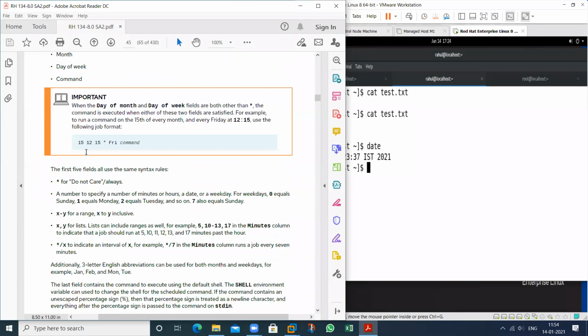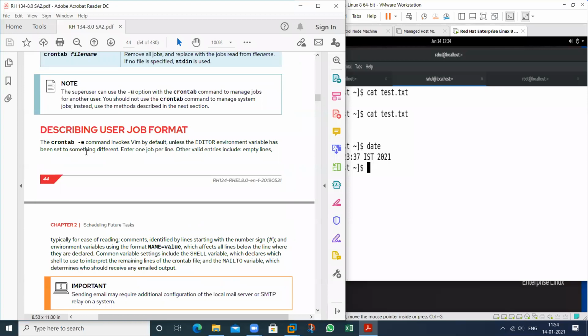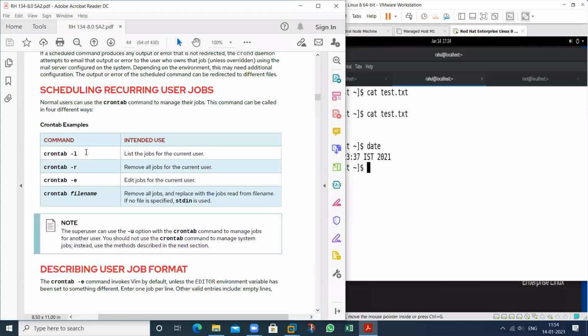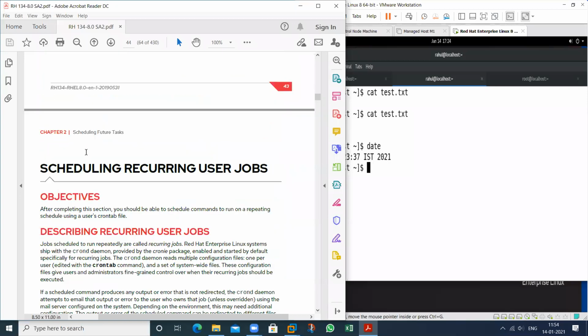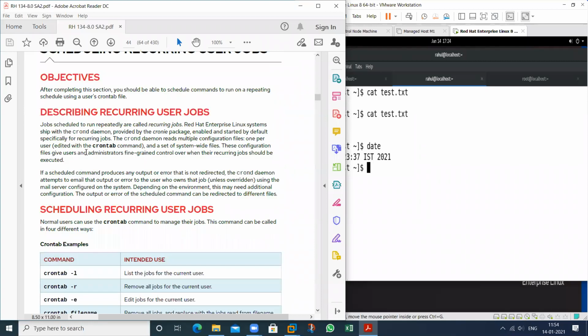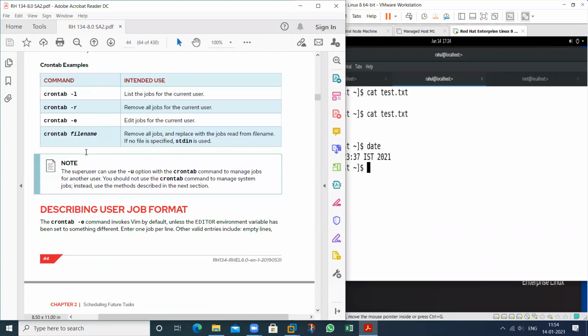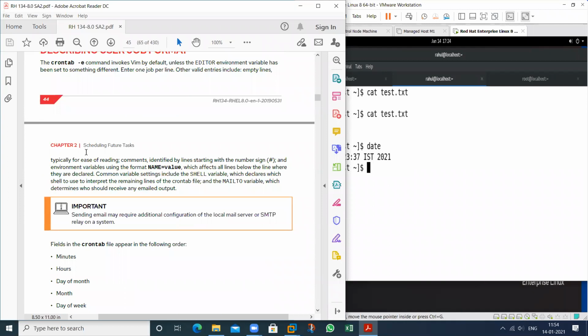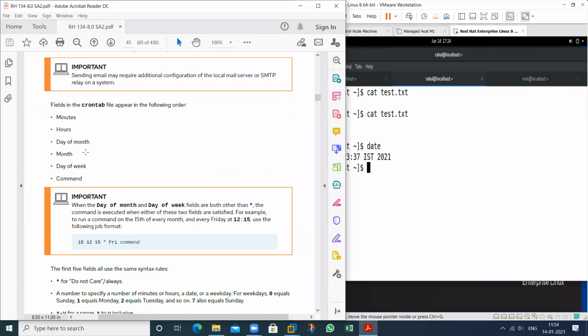So what is the meaning of star that is written here? I will show you. In the cron manual, that one value. See, when day of month and day of week fields are both other than star, the command will execute.